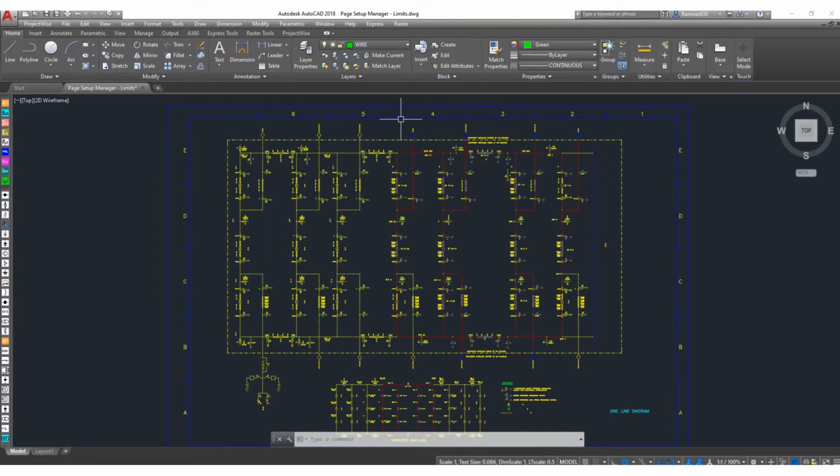There's going to be a total of 3 videos this week, just because there's 3 ways you can actually set it up. The importance of the page setup manager is that whenever you try to plot a drawing,